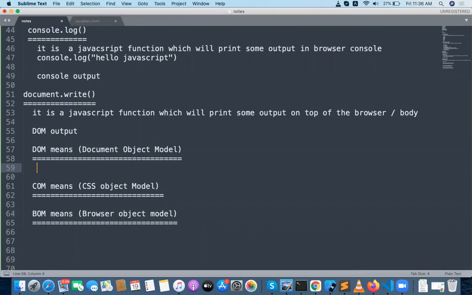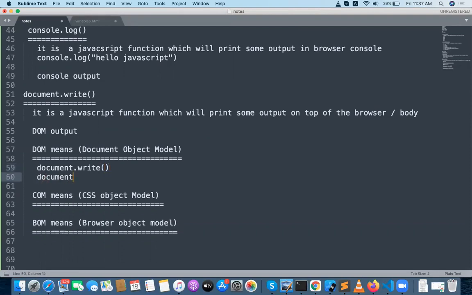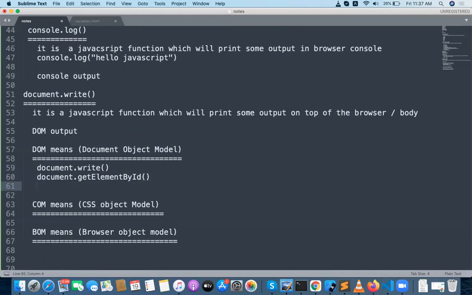For example, DOM methods all start with document dot. The first one is the method document dot write, and one more method is document dot getElementById.